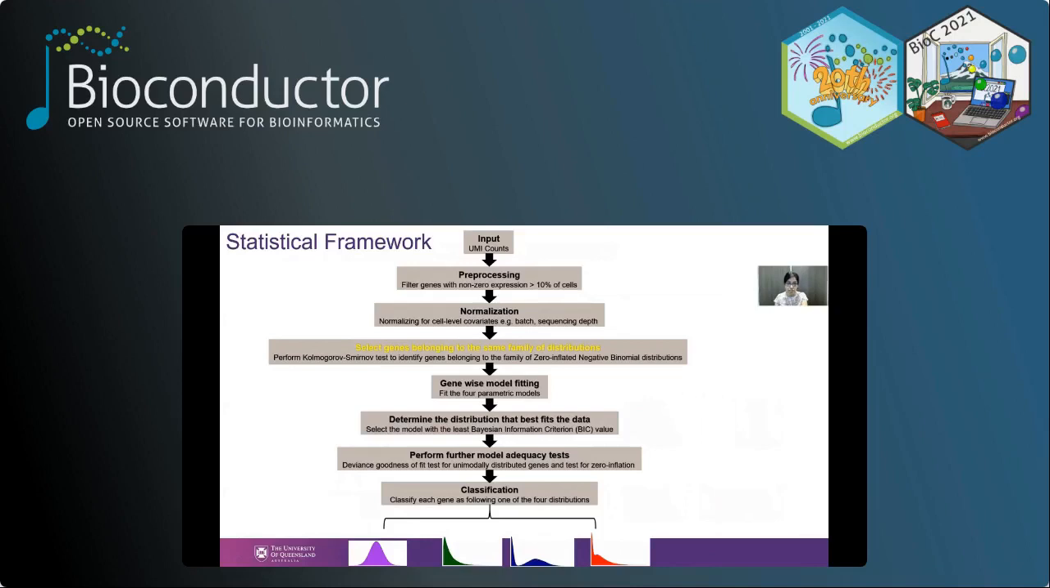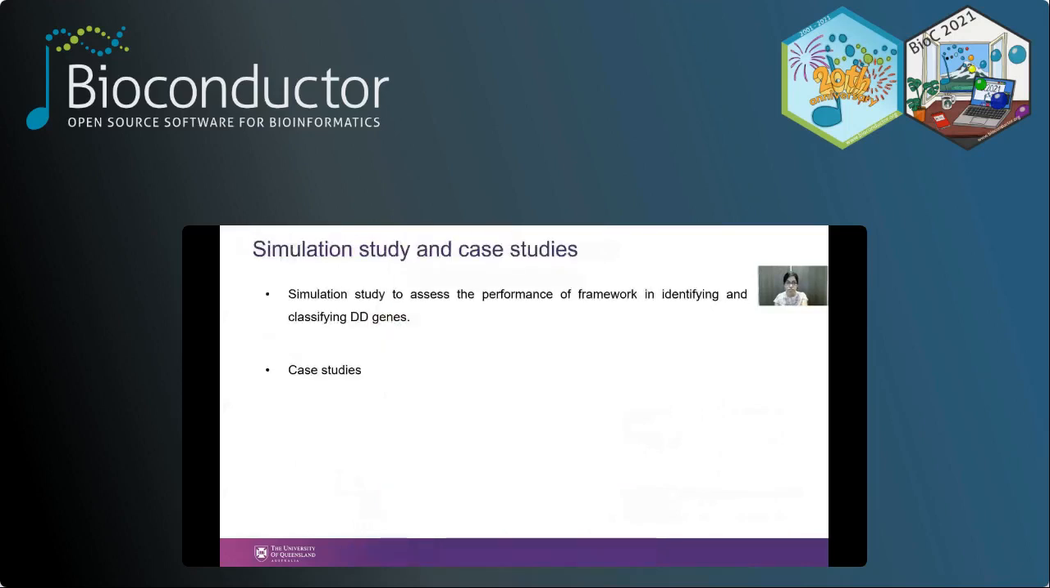Hence, a Kolmogorov-Smirnov test is first conducted to identify genes belonging to the family of zero-inflated negative binomial distributions. Then the UMI counts are modeled using the four distributions with a log-link function. Model selection is done by calculating the Bayesian information criterion, where the model with the least BIC value is selected as the best model. Further model adequacy tests are done by calculating the likelihood ratio test statistic, and we also test for the presence of zero inflation for the zero-inflated distributed genes. Based on the results of the model adequacy test, each gene is then classified as following one of the four distributions. To test the performance of this model, we conducted a simulation and also applied this framework to real single-cell